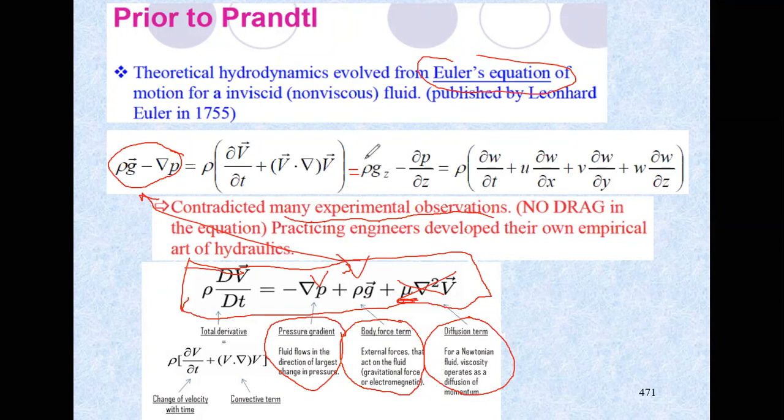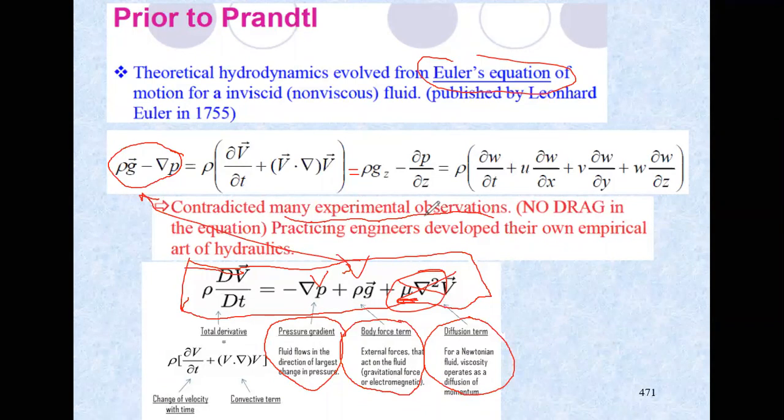So the Euler equations have limitations. They give results that contradict many experimental observations because there is no boundary layer, so you just go with the free stream velocity, but that's not true. There is an important, although thin, boundary layer that is going to influence the flow. So that's why we cannot ignore this. And then